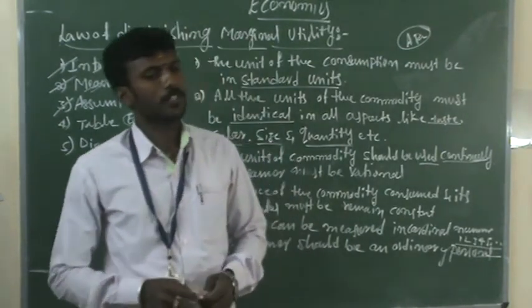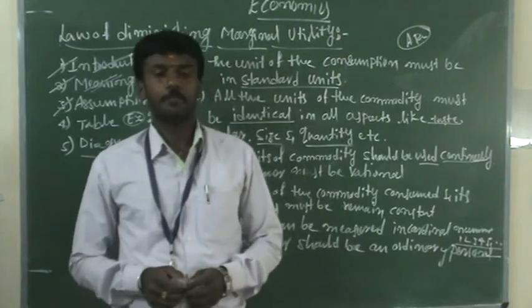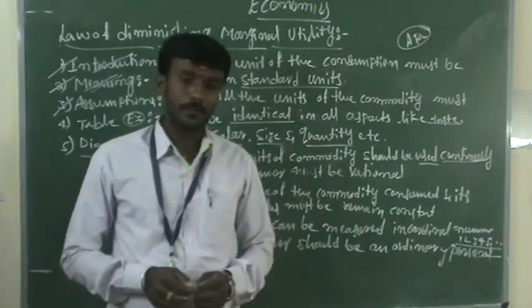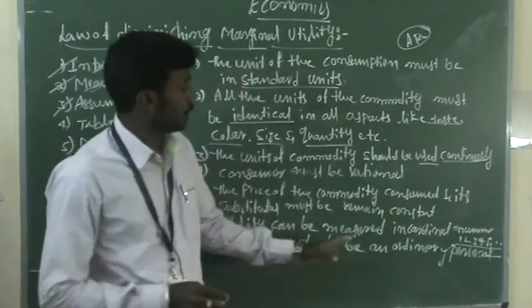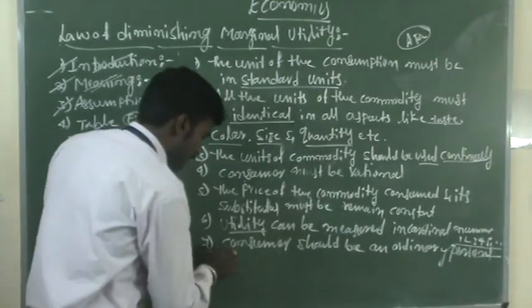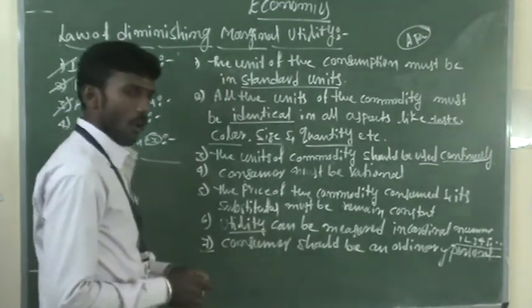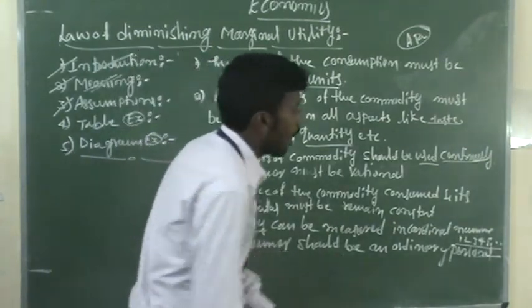It means this law is not applicable for extraordinary persons, mentally disabled persons. This law is not applicable. See, the seventh assumption of the law of diminishing marginal utility is that the consumer should be an ordinary